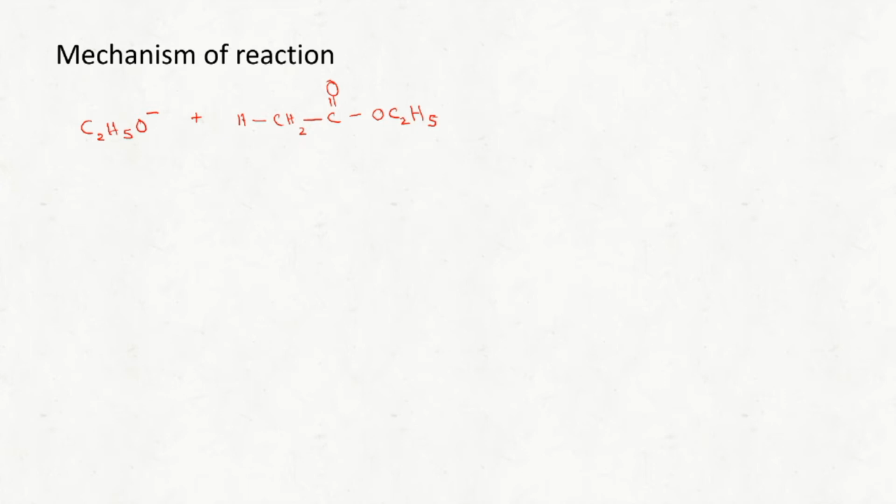Now let's see the reaction mechanism for the Claisen condensation reaction. See, this is the ester, this is the alpha hydrogen, and this is the ethoxide ion. First, being a strong base, it comes and attacks this alpha hydrogen, which will result in the formation of an ester anion. Write that. You will be getting CH2 with a negative charge on carbon, C double bond O, O, C2H5. Along with that, C2H5OH will be formed. Correct?